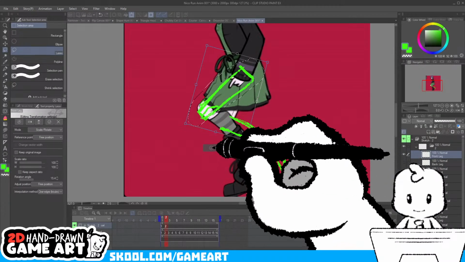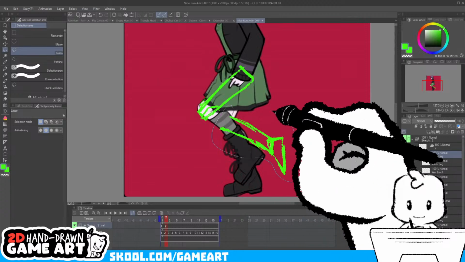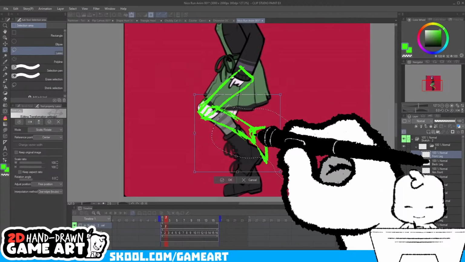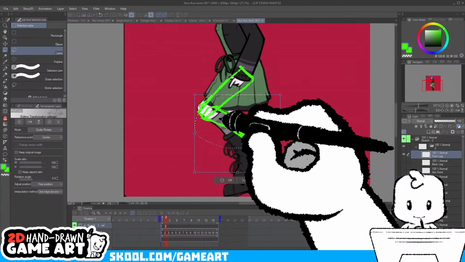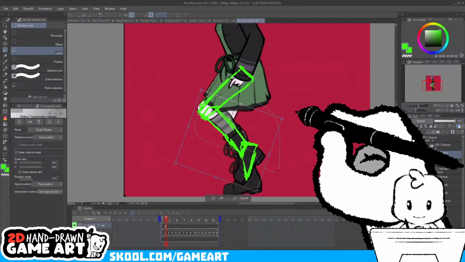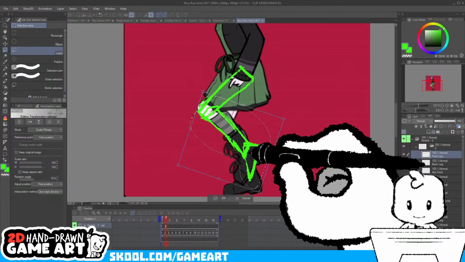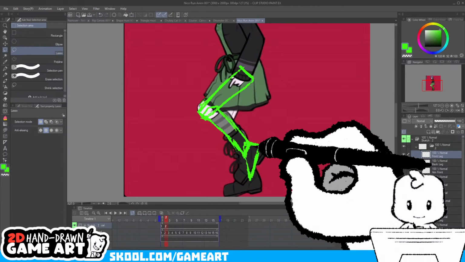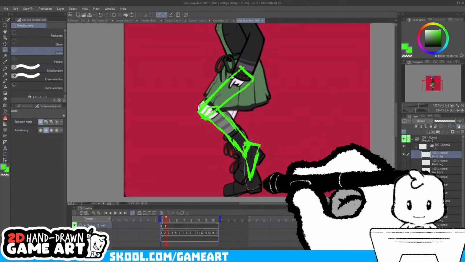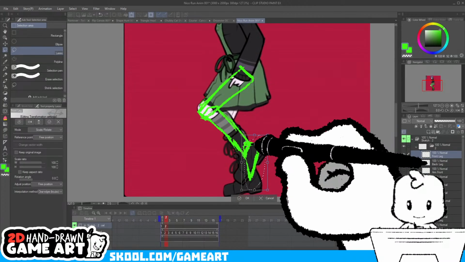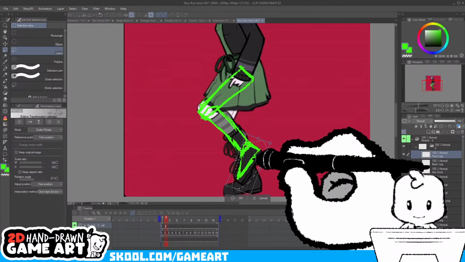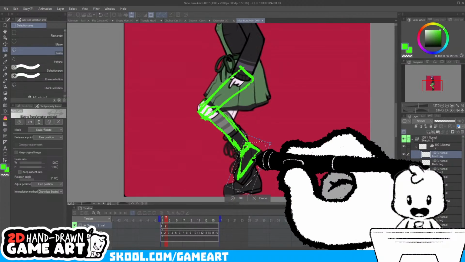So we're going to follow the front leg, just like this. And this character did use bone animation, and I am using frame by frame animation. So there's definitely some things I can do that they cannot do.